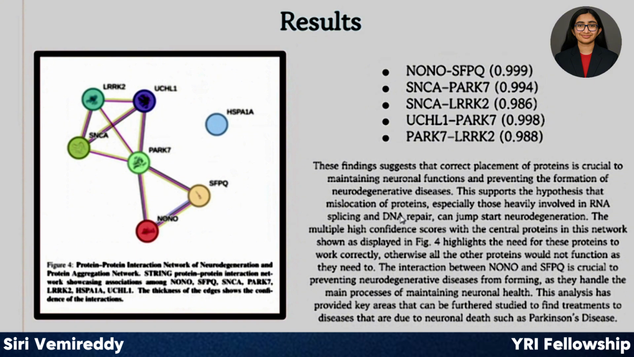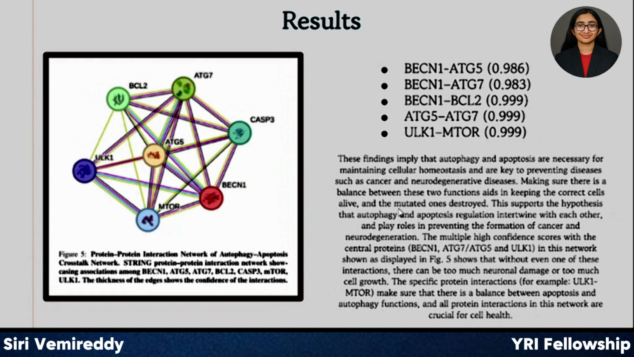This analysis has provided key areas that can be further studied to find treatments to diseases that are due to neuronal death, such as Parkinson's disease or Alzheimer's. In Figure 5, we have an interaction network of an autophagy and apoptosis crosstalk network. This is created with the proteins BECN1, ATG5, ATG7, BCL2, CASP3,